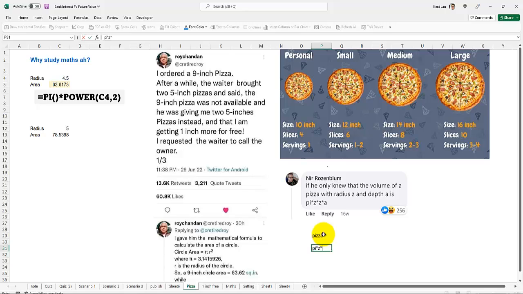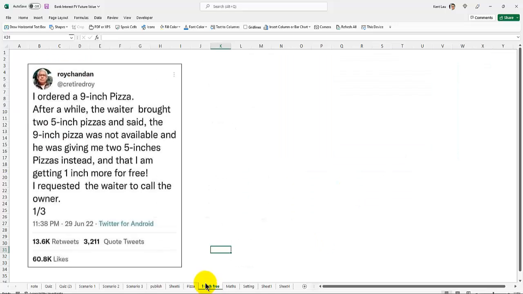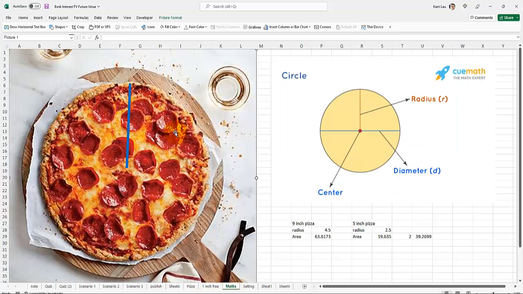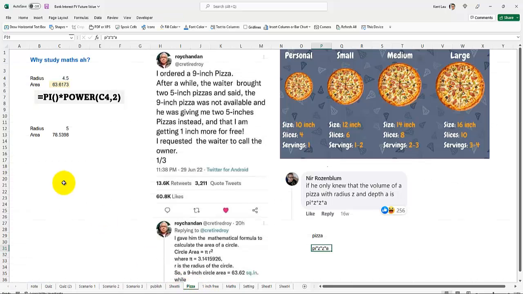and you times z two times. So when you do z times z, then you also need to times the a. A is actually the depth, right? So the depth. So this is really a what? Genius, right? Because you not only calculate the pizza, but also the depth of it. So I hope that it helps you to understand some Excel function, which is very interesting, and it's just too interesting, right? It makes me feel like I want to buy a pizza, which is the 9 inch, or